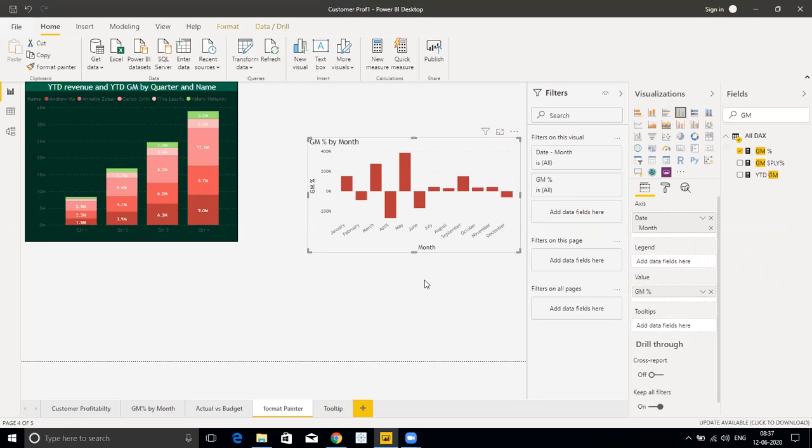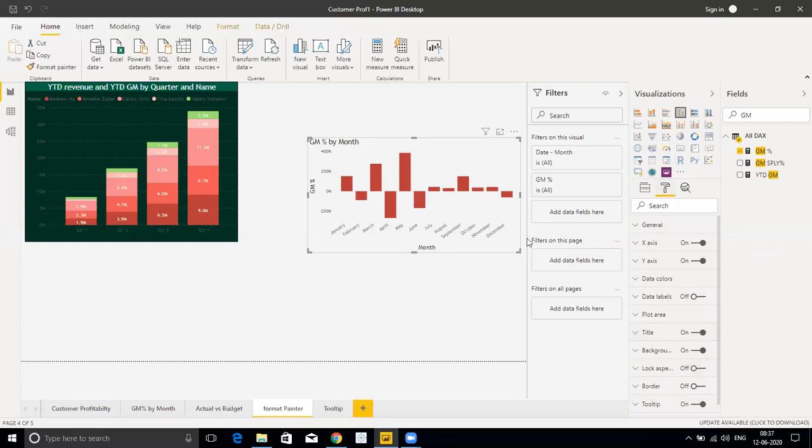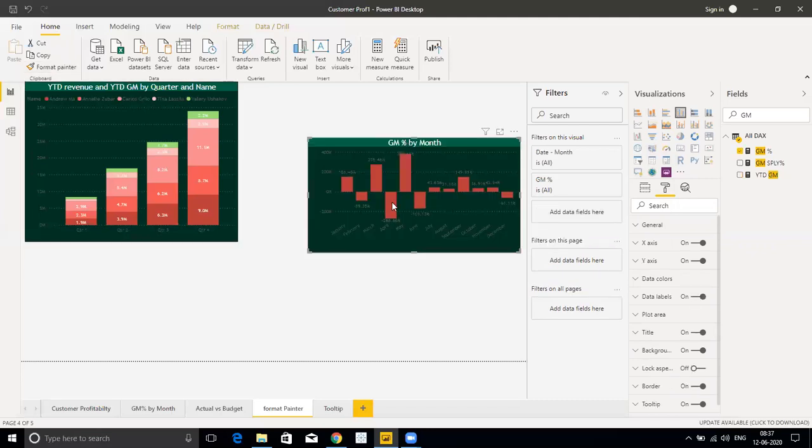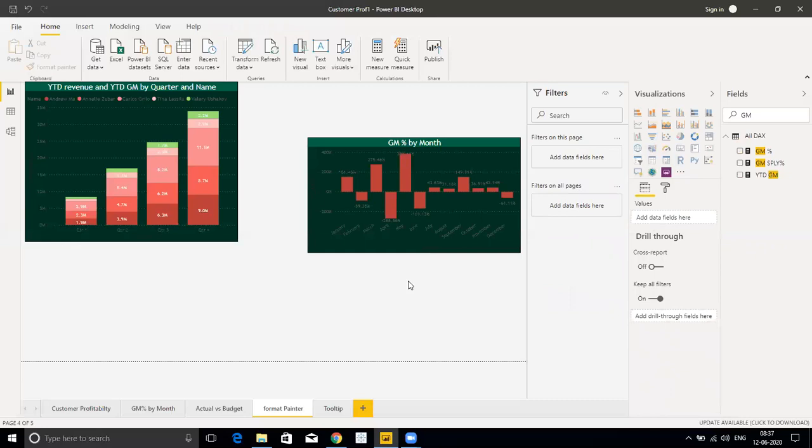The problem is, every time I have to use this color, this title bar, I have to click on the format painter and apply the same settings. That is a time-consuming process. But now with the new updates of Power BI, you just have to select the previous visual, come to this home tab and use this format painter option. You click one time. Now your mouse pointer turns into a brush. Now just click on this chart and your job is done.